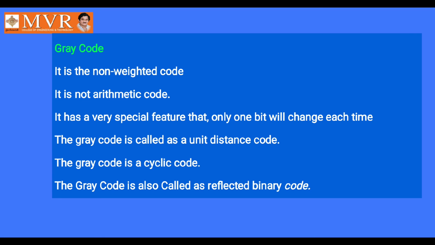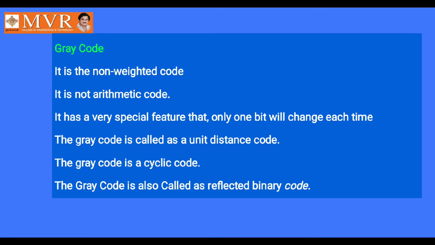Because in 1 mark questions or when you go to interviews, if you get asked what is another name for gray code or what are the characteristics of gray code, you can say gray code is a numeric, non-weighted, non-arithmetic code. And it is also called reflected binary code. Why it is a reflected binary code: you can see in the process of calculation how the present value is reflected with the help of the previous values. If you go through the calculation of how to get the gray code, then you will get the meaning of this reflected code.